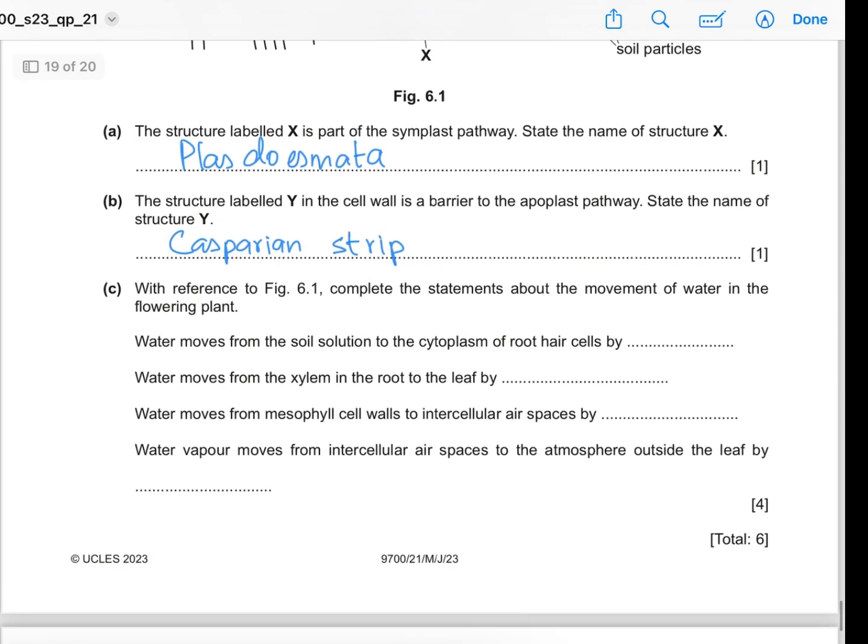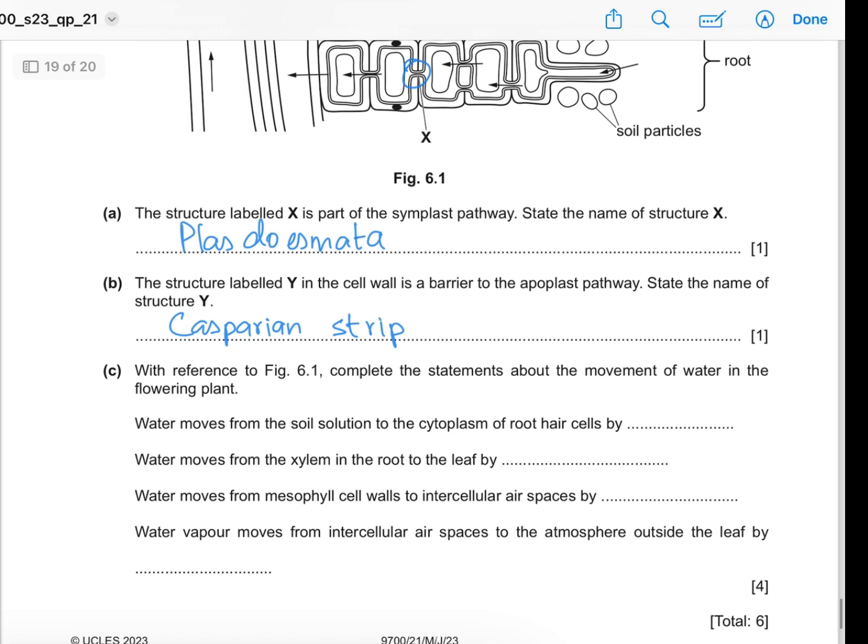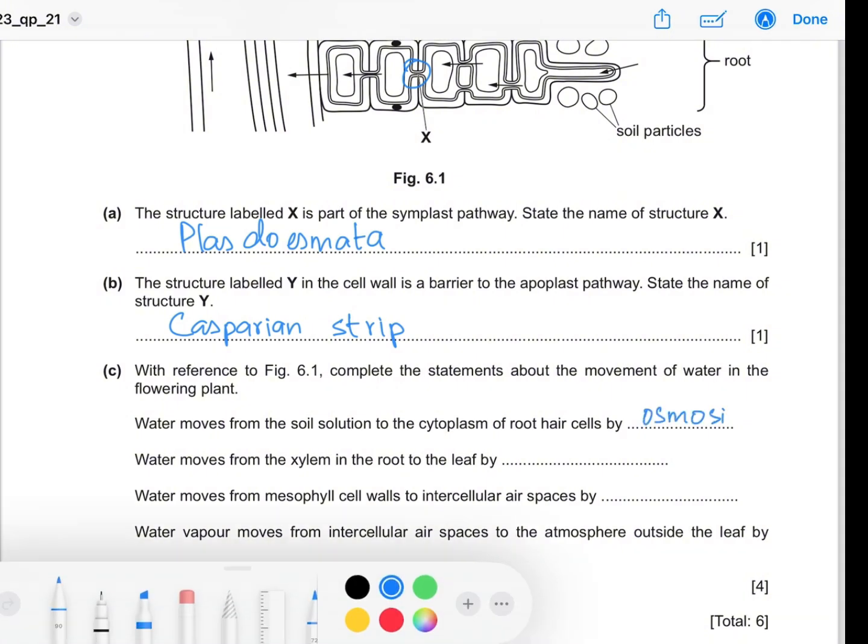So let's see if we can now complete this part. Water moves from the soil solution into the cytoplasm of root hair cells by osmosis, because this is movement of water down the water potential gradient. The amount of water in the soil particles is higher than that in the root hair cells, and then water moves from the xylem into the root,